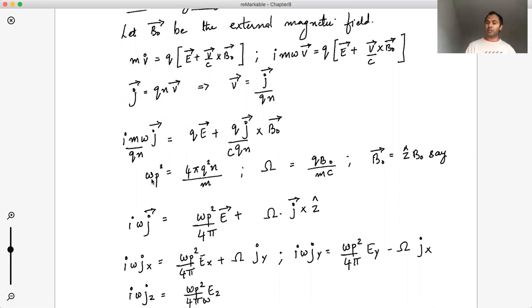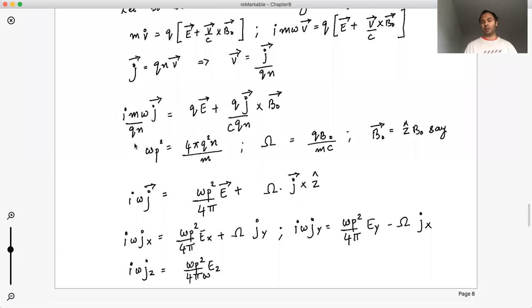So one of them is the frequency of plasma oscillations, which we spoke about last lecture. Now we're going to have a new frequency term because we now have an external magnetic field. So I'm going to call omega the cyclotron frequency, so QB naught by MC. And I'm just going to write all of this equation in terms of the frequencies, instead of the charges, densities, masses of the electron, just as an algebraic shorthand,